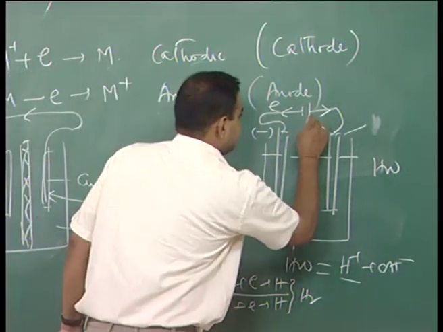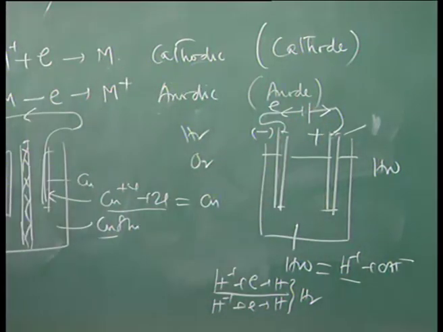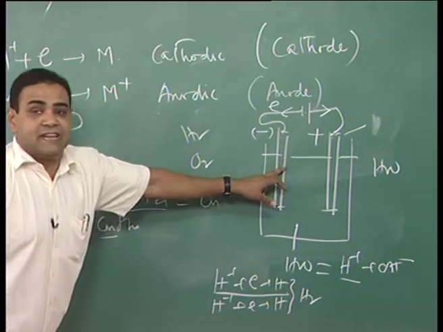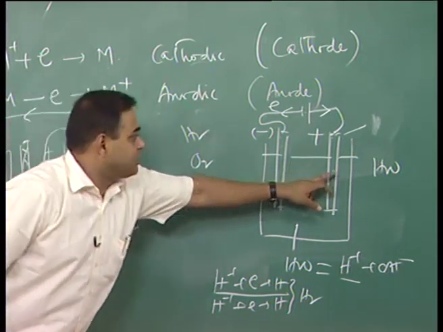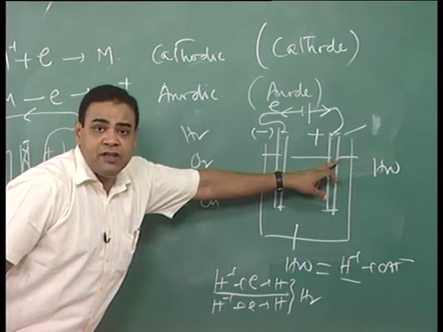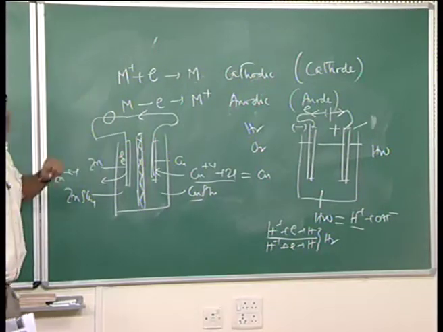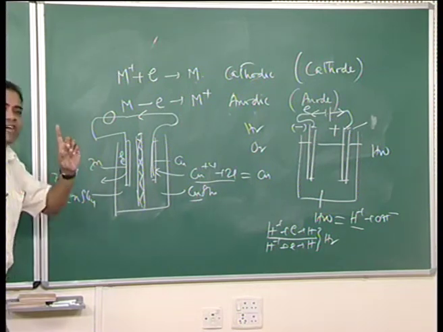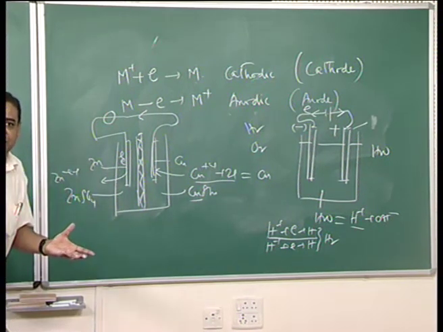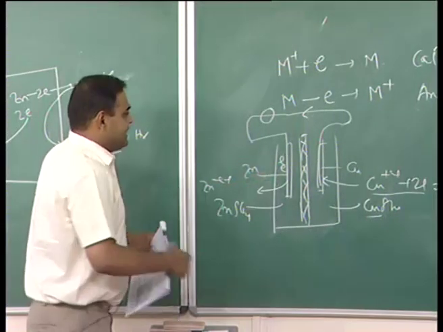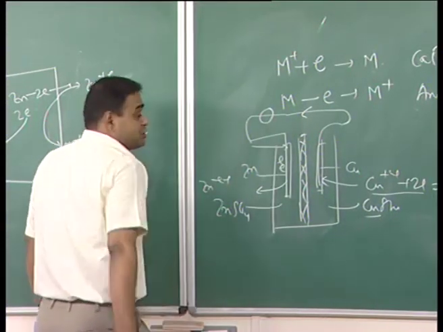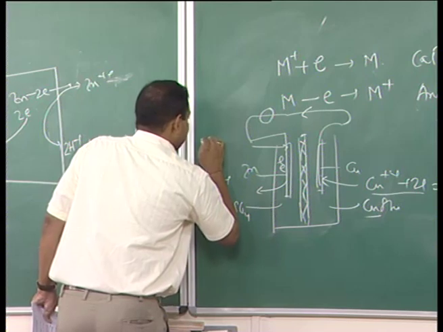Here it is the positive terminal because it's connected with the positive terminal. Now you see here the cathode is the negative terminal, and on the other side is the anode, the positive terminal. Now come back to again here. Which one is the negative terminal? The negative terminal should be that part which has excess electrons. Where do we have excess electrons? Here you have excess electrons. So this must be